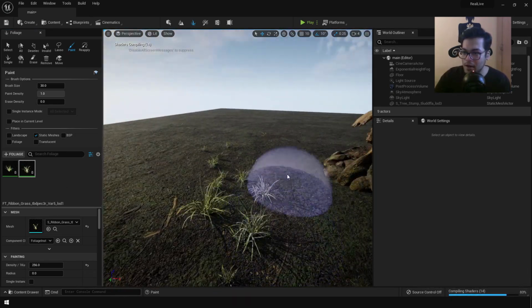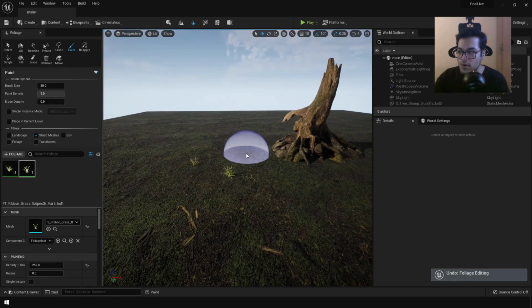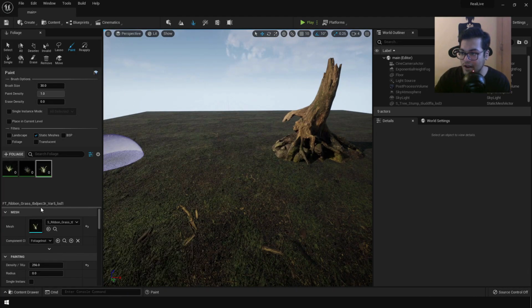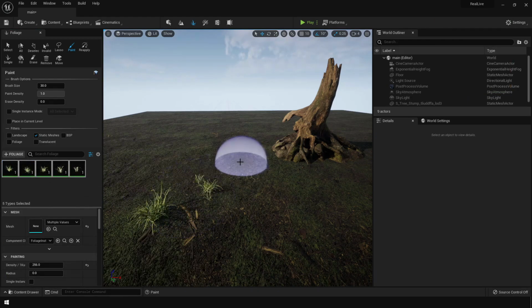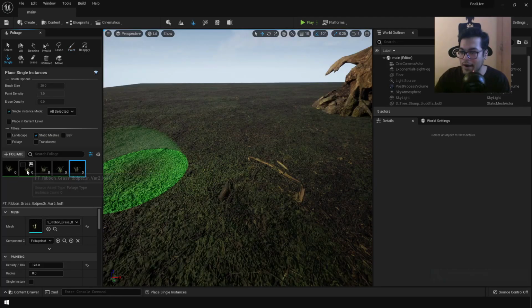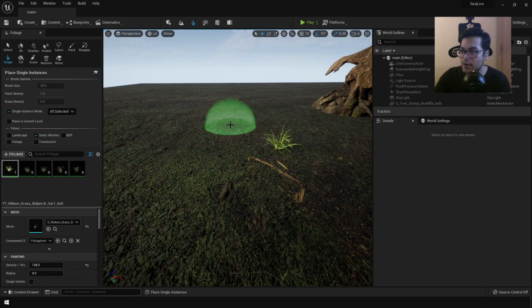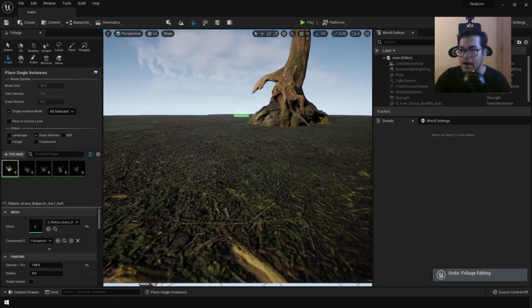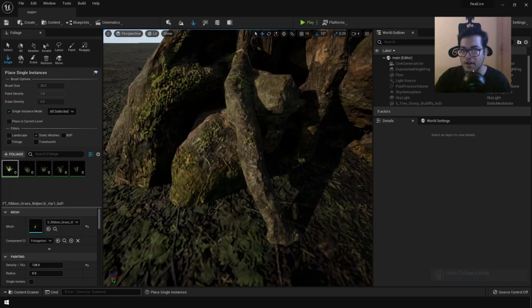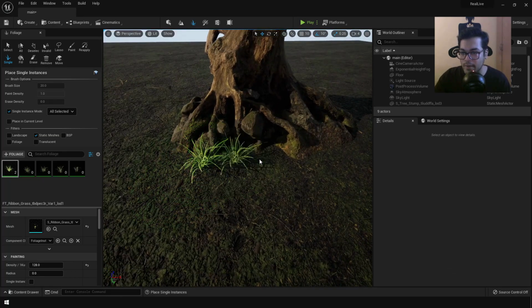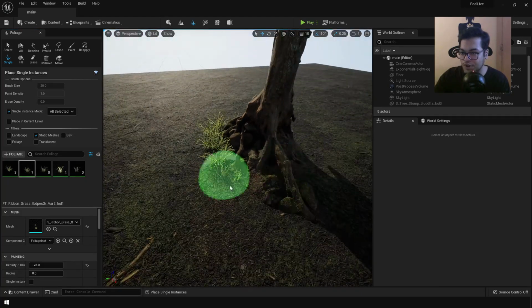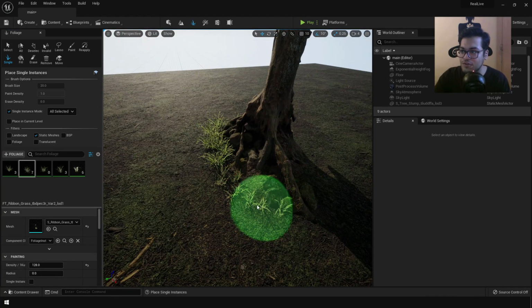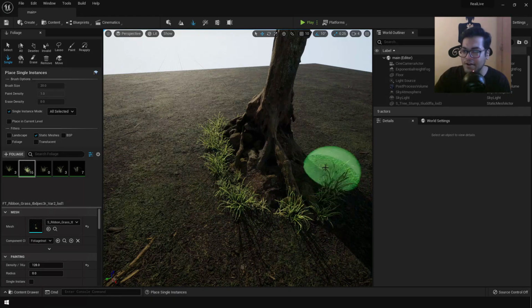So you can have multiple of these objects here and then you can select all of them by shift selecting them. So what I'm going to do is turn on one grass mesh at a time here and change the tool to single. And the single tool will allow me to add a single instance of this grass, one at a time. So you can hand place these grass objects near the focus object. And then you can pretty much use the paint brush and scatter them procedurally.